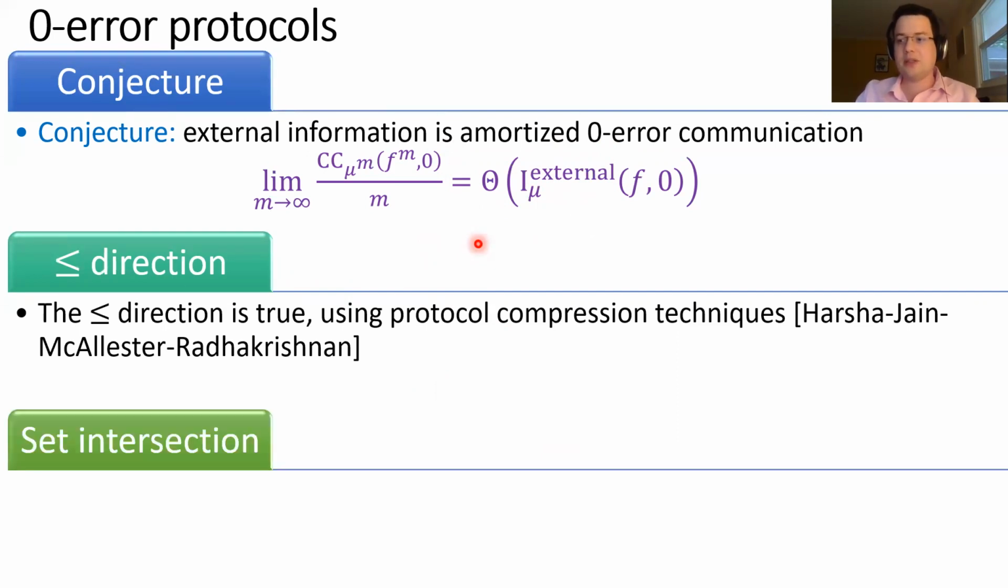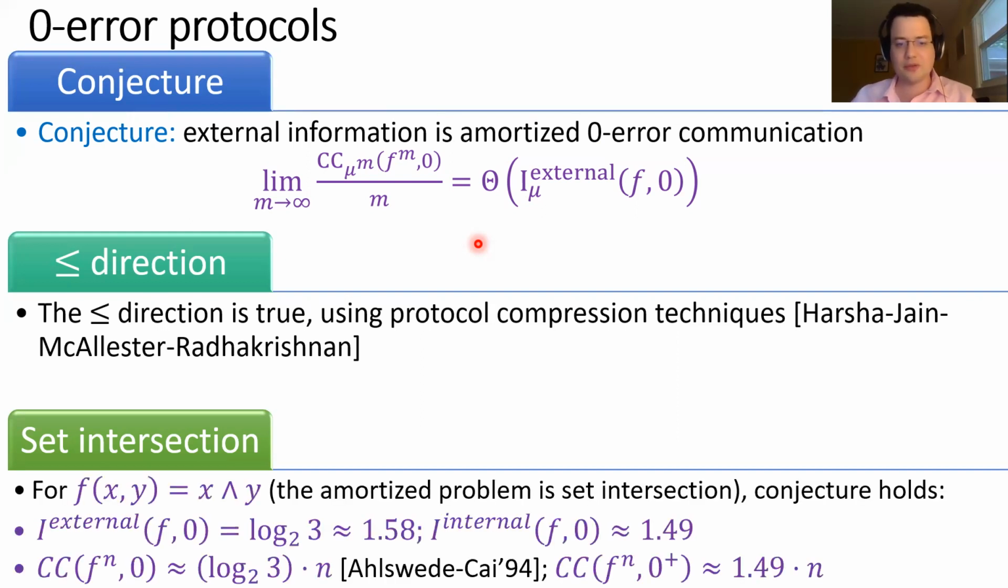And for some cases, it's actually true almost magically. For set intersection, for example, which is just the amortized AND, you take the 2-bit AND function, you amortize it, you get the set intersection. The conjecture actually holds precisely. So the external information complexity of the 2-bit AND is log 2(3), whereas the internal one is 1.49. And it turns out that those exactly capture the zero error. So that's a result from the 90s,